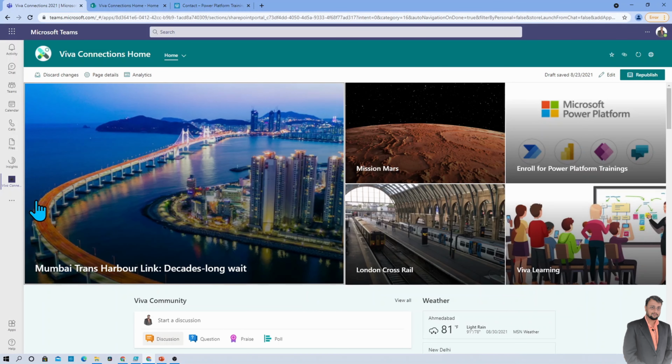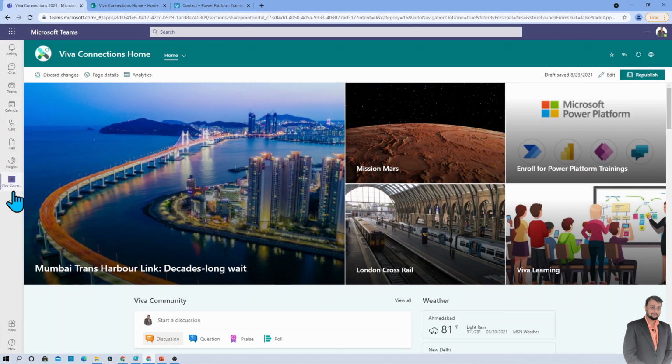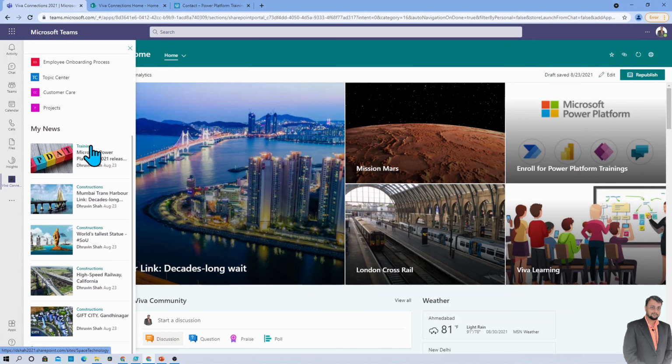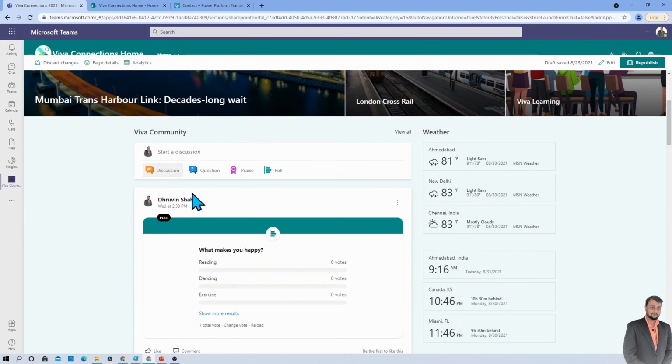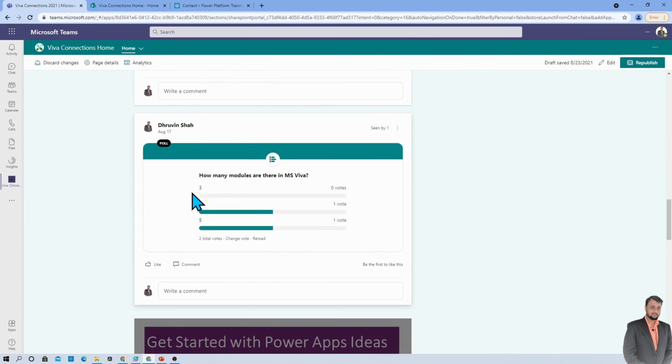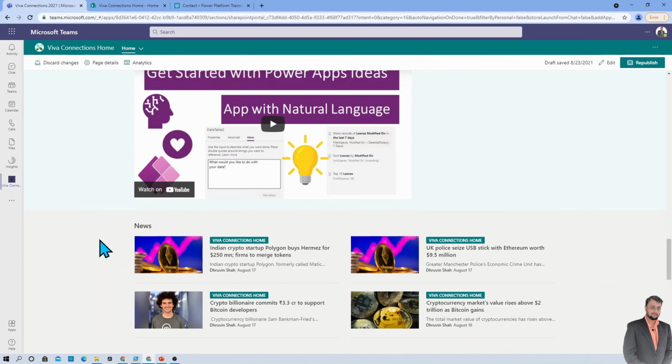And here we are. This is how the Viva Connection package has been uploaded to my Microsoft Teams global navigation over here. And whenever we click on this, it is also showing me the same home site navigation over here. So isn't that cool? Also, it is showing the exact same home site that we are able to see in our SharePoint. And this is